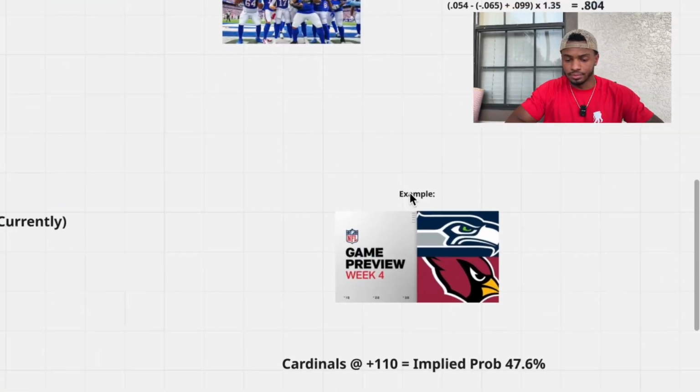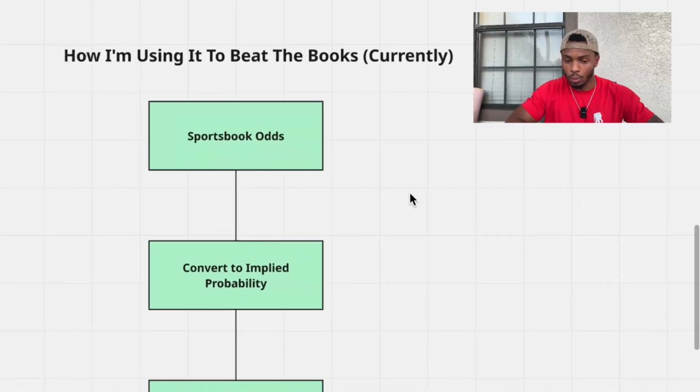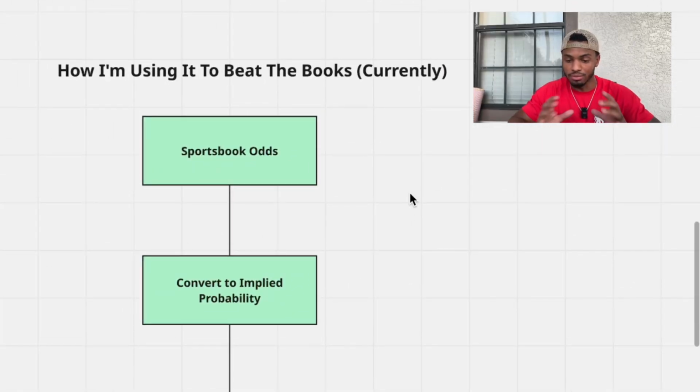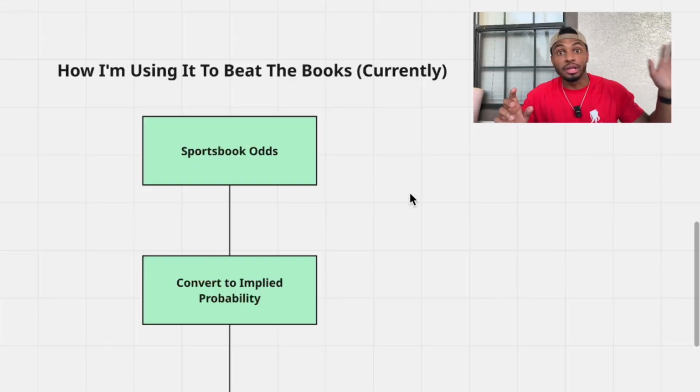Now, I want to discuss briefly why I built this model and how I'm using it. I'm using it to beat the sportsbooks. All this stuff is to basically find edge and earn money over a long period of time, right? We're not just trying to throw Hail Mary plays and pick up some random parlay and try to make $1 billion overnight. No, we're trying to be in this thing for the long run, which is why we built a model to help us in our decision-making ability to constantly find edge in the market and find discrepancies between these